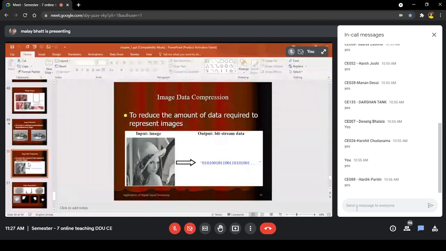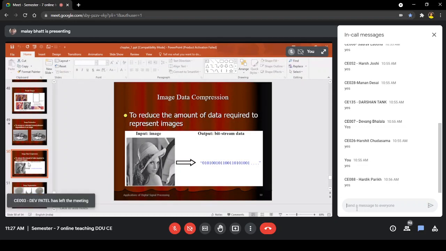Similarly, when you scan the image through a camera, the default option is the TIFF image, tagged image file format, TIFF, which is taking a lot of space. So you can convert that into BMP, or you can convert into a JPEG. But when you convert into a JPEG, you will have a loss of information. Visually, both are the same, but if you compare pixel by pixel, position by position, you will find a lot of difference in the actual values. Visually, you cannot see the difference.